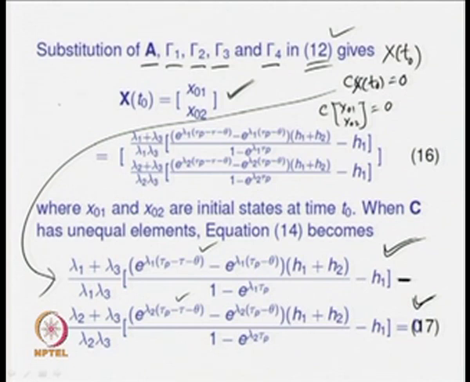C is obtained in such a way that the first term is positive and the second term is negative. That is how we finally obtained the negative symbol over here. So, the first term minus the second term has to give you 0; that has to be maintained to obtain a sustained oscillatory output. Similarly, from the second condition,